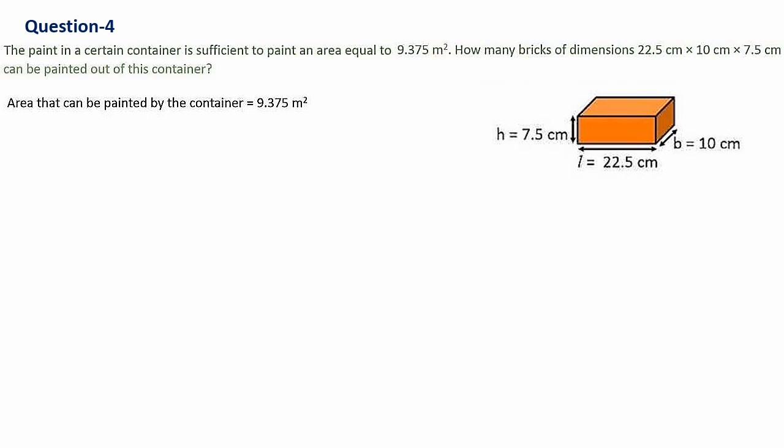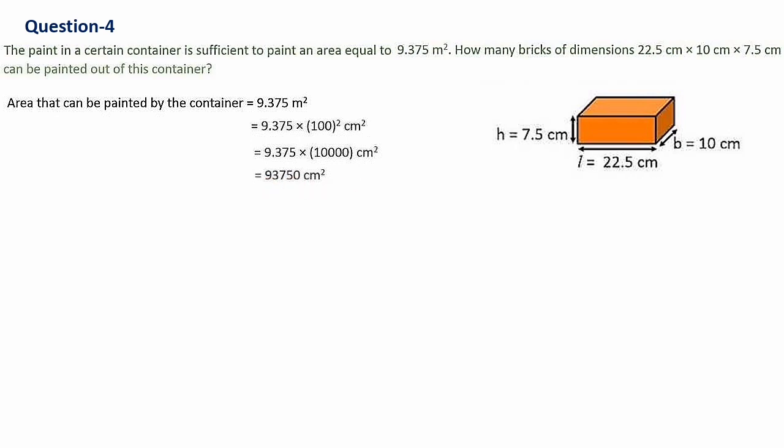So meter to centimeter, we know that it is into 100. Here meter square to centimeter square we have to convert. So meter square, if you are changing, you have to multiply by 100 square. Meter to centimeter is into 100. Meter square to centimeter square is just to put a square, 100 square. That is equal to 9.375 into 100 square, which is 10,000. When you multiply it, you will get the answer as